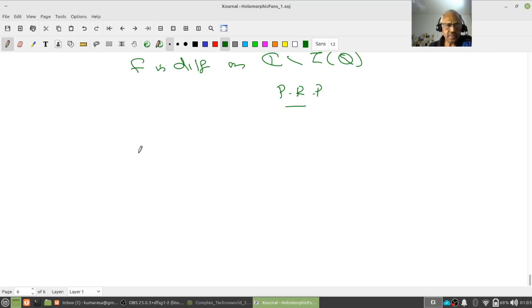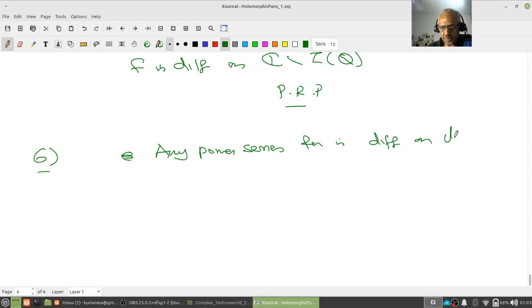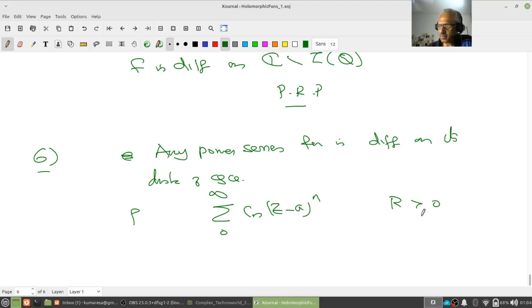Yeah, okay. Now let's look at the next example. We already know any power series function is differentiable on its disk of convergence. So let us look at a power series, the sum of cn times z minus a to the power n, n from 0 to infinity, and let us assume R is a positive radius of convergence, it may even be infinity. Then we know if I define f of z,